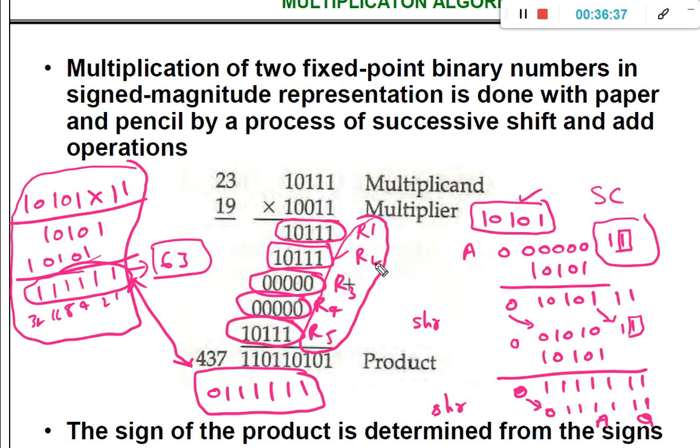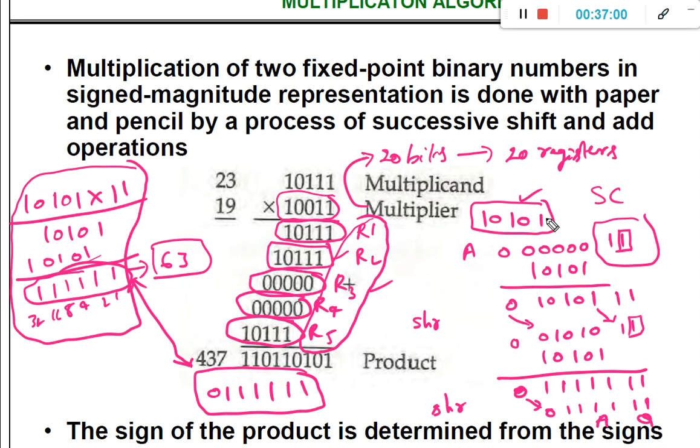So see how many registers we need. 5 registers, because the multiplier has 5 bits. If the multiplier had 20 bits, then we would need 20 registers to hold the intermediate results, which is a huge wastage of registers.